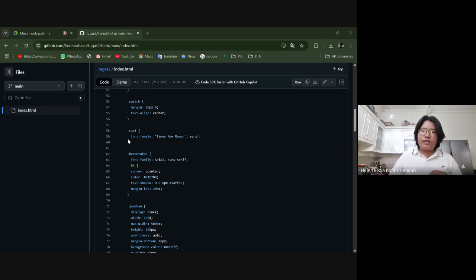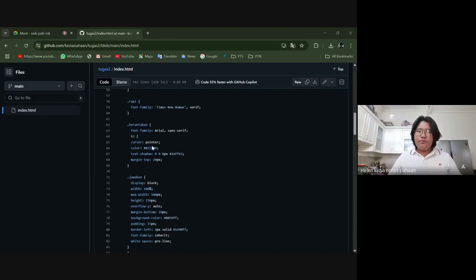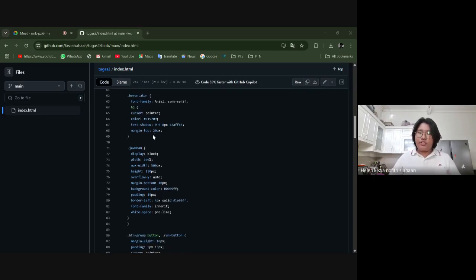The Rapi one is using font family, and all of the H3 and the answer are using the code that I already explained to you guys. But the berantakan is a little different. The font family is Arial sans serif, and the H3 in here I'm using a different color. It was very contrasting from each other. The type of text is very different, and the text shadow too.